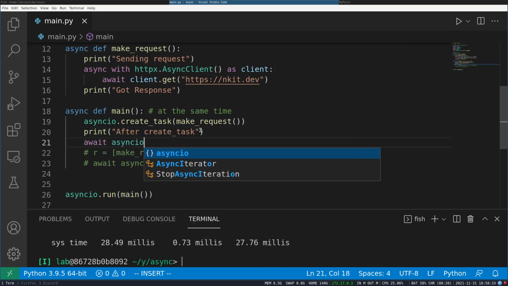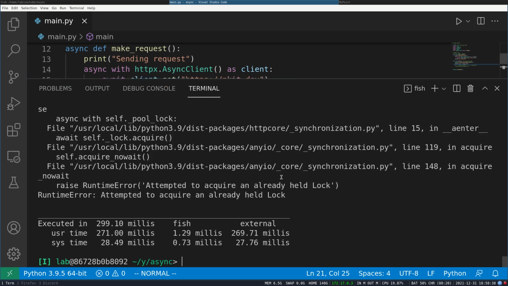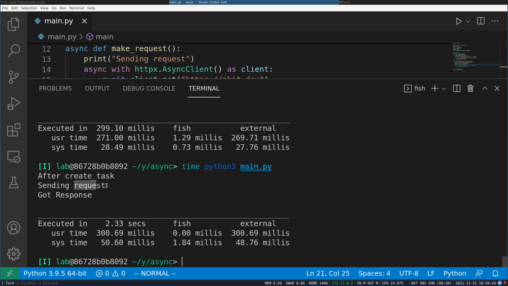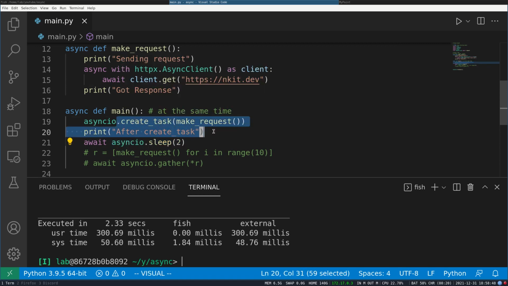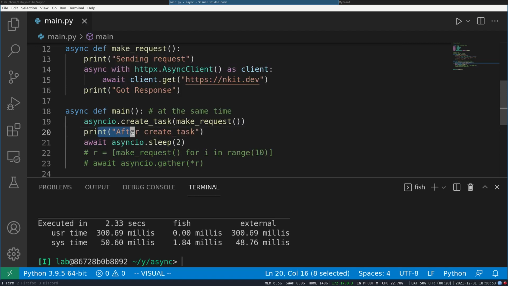So I will wait for 2 seconds. After create task we make the request while we are asleep. So we say make the request whenever you get some time, but right now print this and sleep for 2 seconds, and now that it is sleeping, it gets the time to execute make request.